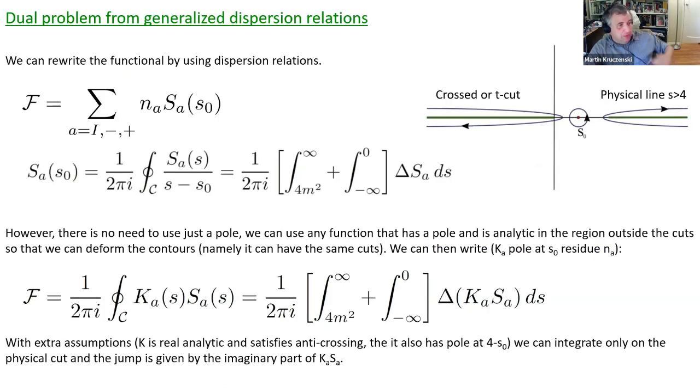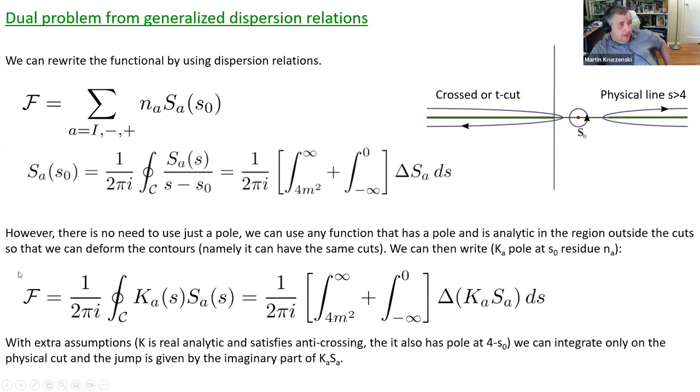Okay, so how do we map this space of functions? One way to use these things is what we call generalized dispersion relations. That simply goes as follows. Suppose I want to compute the value of these S matrices at some point S0 with these cuts. I can put a circle around and integrate 1 over S minus S naught. And by the Cauchy formula, I can deform the contour. I can get the value there, and deforming the contour, I get this as an integral given by the jump